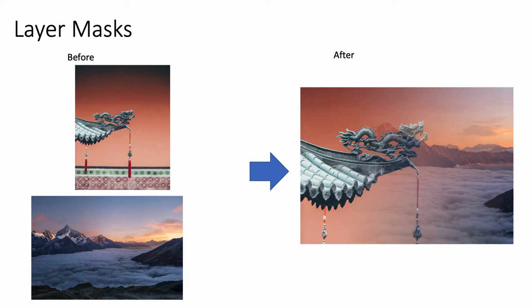Here is an example of a dragon image and a mountain image, and the output after blending appears like one smooth image where the dragon image is blending into the mountain image using gradients. One important thing to achieve this effect is using gradients in Photoshop. So let's see how we can do that in Photoshop in action.